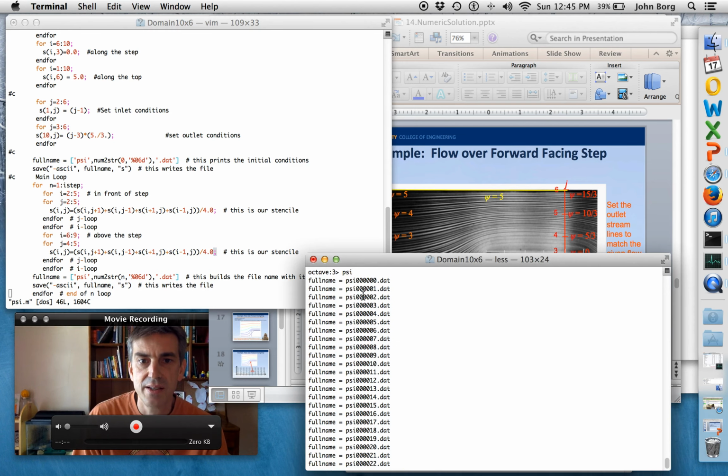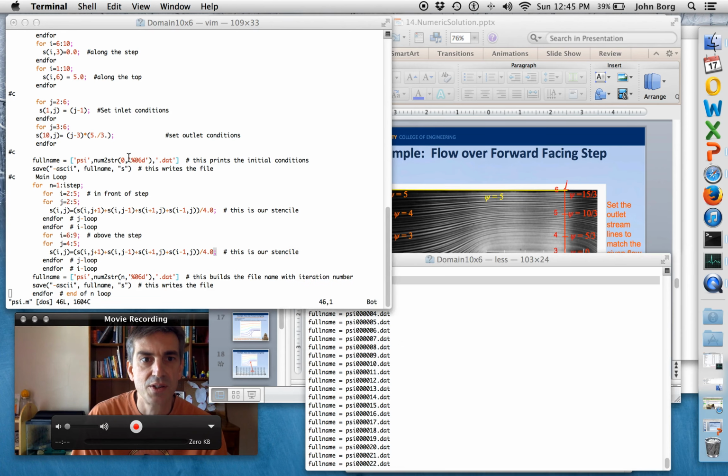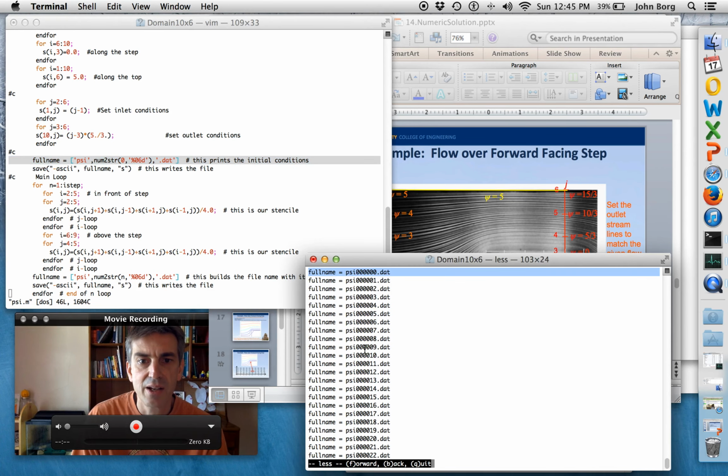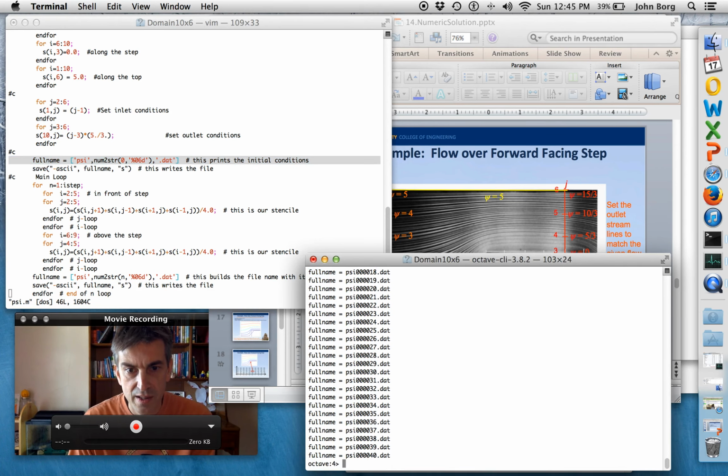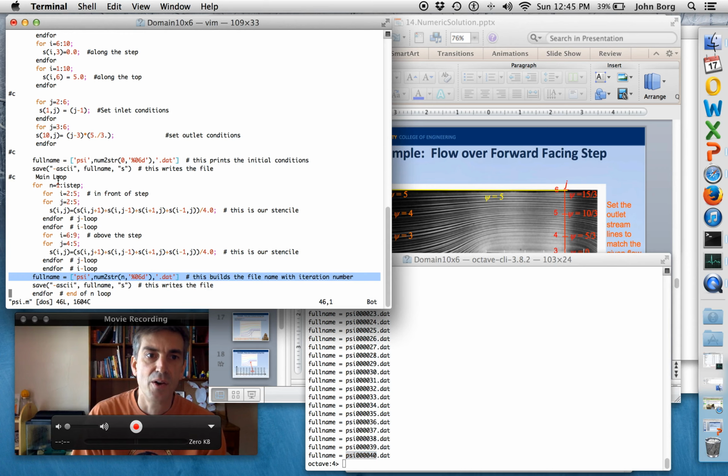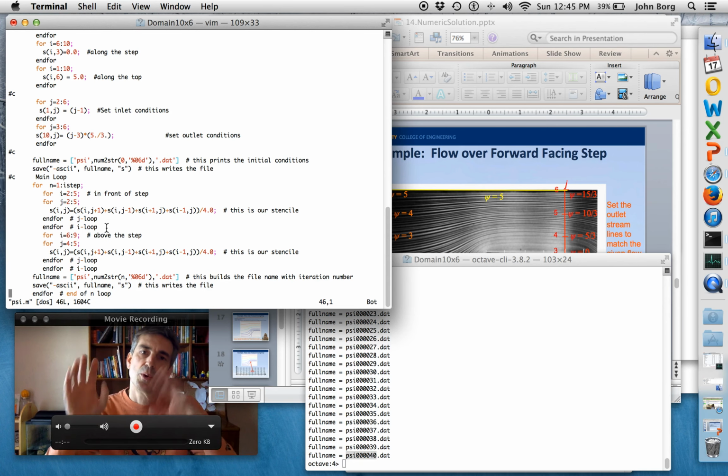So you can see here that it echoed the first one, which was actually done up here, and then it echoed each sequential one, all the way down to I step of 40. And so that came from this line right here. And all this other stuff was all suppressed by the semicolon. If you don't put the semicolons in there, it just scrolls and writes and writes. And the slowest thing a computer does is write to screen and write to the disk. So we want to suppress the output as much as possible to make the code fast. Okay,